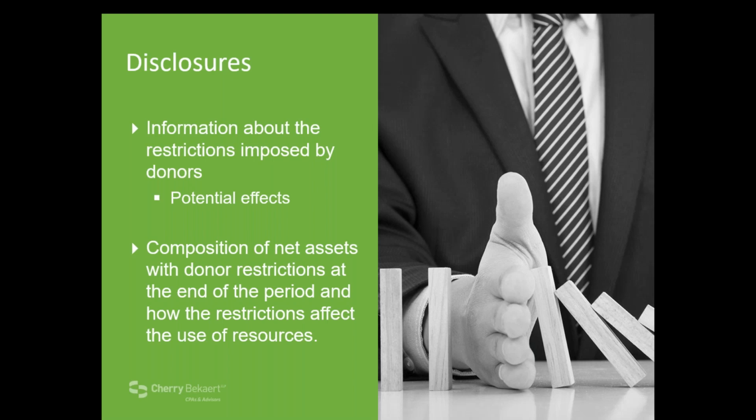Like we previously mentioned, this is the detail that goes behind the net assets with donor restrictions. You have the option to show that information on the face of your financial statements or in the disclosures. What I've seen most entities doing is showing the minimum presentation on the face and then going into more detail in the notes. We'll also need more disclosures on self-imposed restrictions, including board designations, which we'll discuss in a few slides.